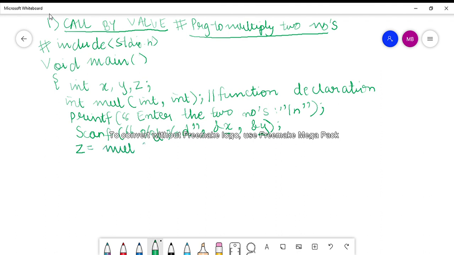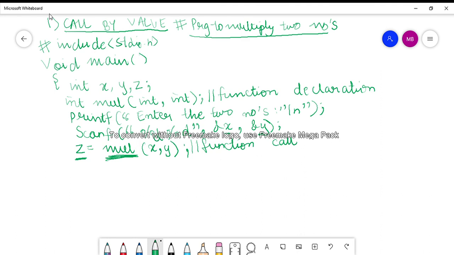Now this is the function call, and during the call you have passed the actual arguments x and y, and whatever value will be returned by this function will be stored here in the variable z.